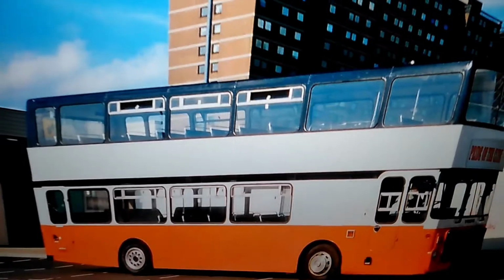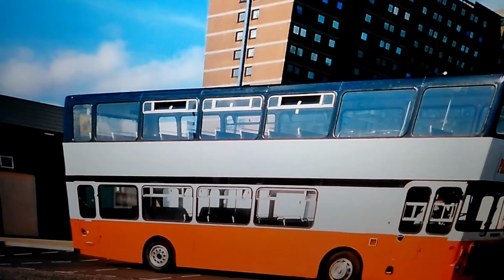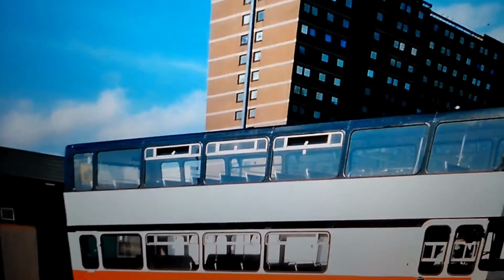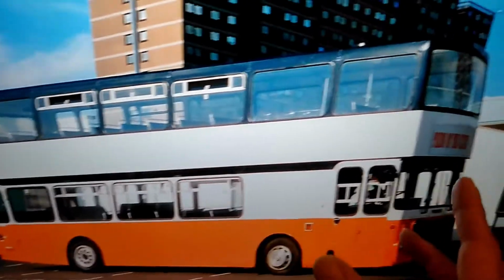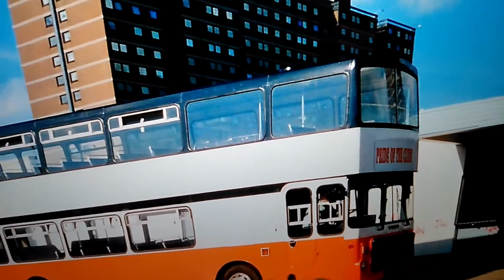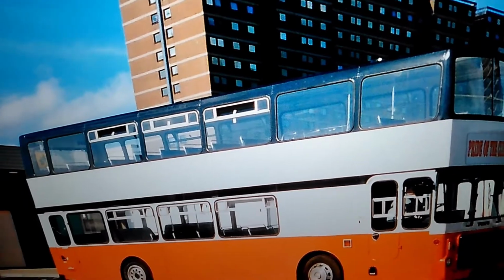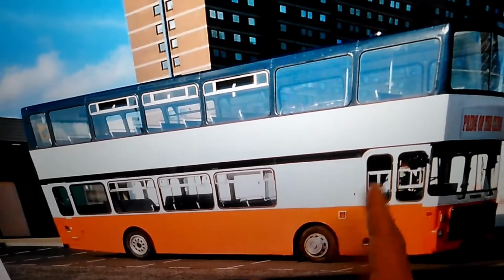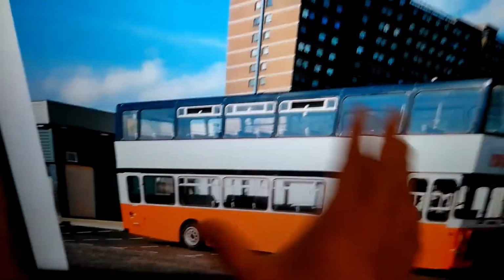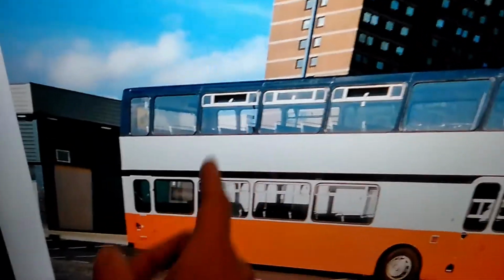Yeah, the HSR batch, this is a picture of HSR 43X, from the HSR 36X to HSR 50X batch of Tayside buses. Obviously, this is shown whilst it was with its new owner, Pride of the Clyde. I took this in the year 2000. It was me and a friend. We arranged to get this bus brought back to Dundee for a day, and we were taking photographs. And this is at the Whitfield Shopping Centre,